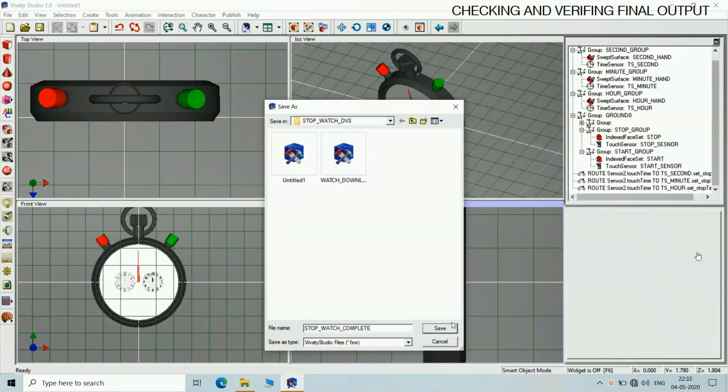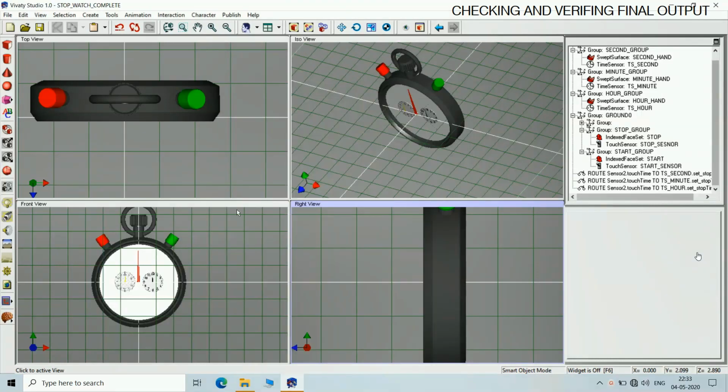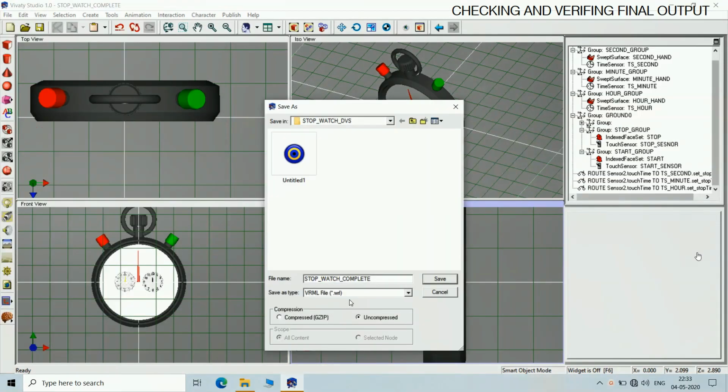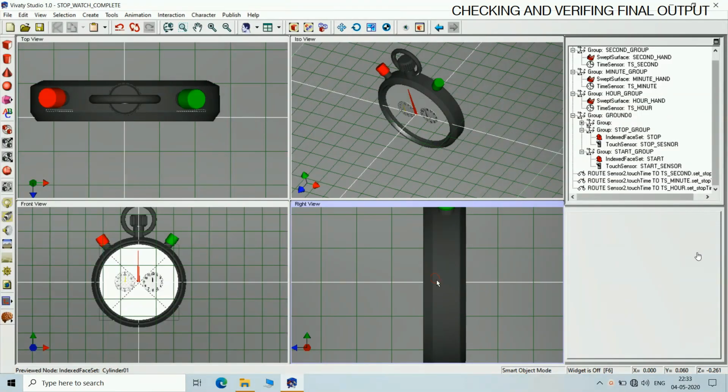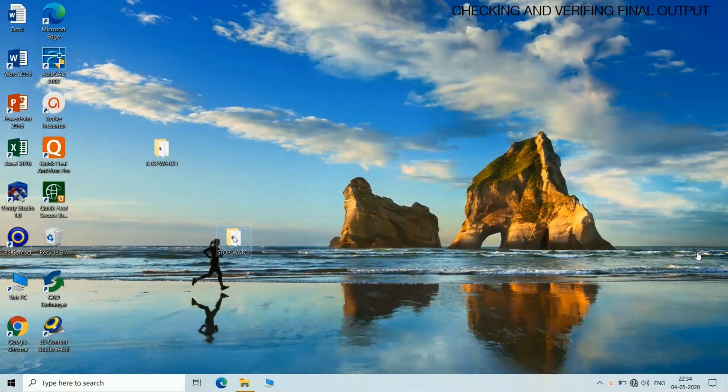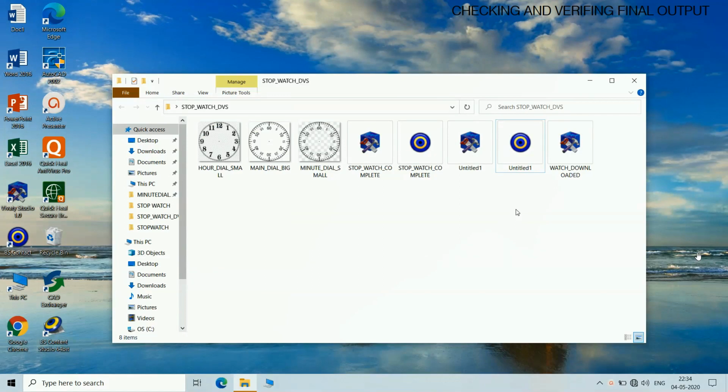It may not load the entire thing. Now we will check. So stopwatch complete is the required VRML file.